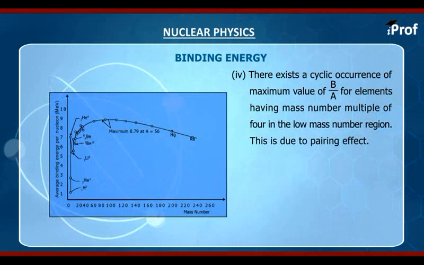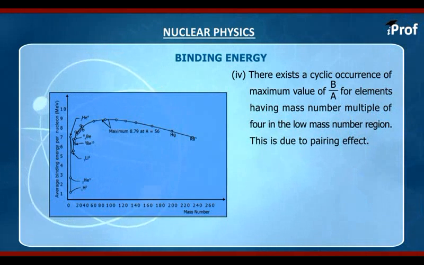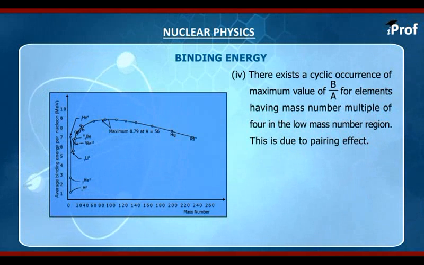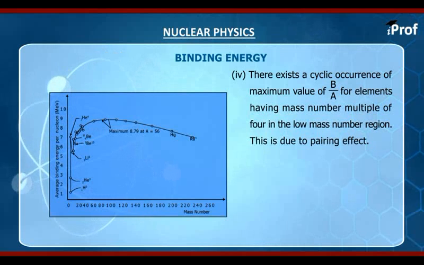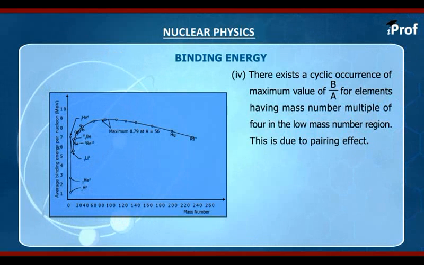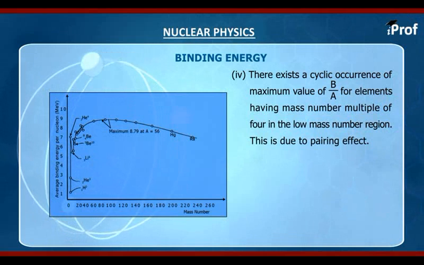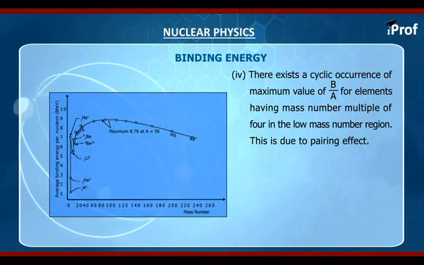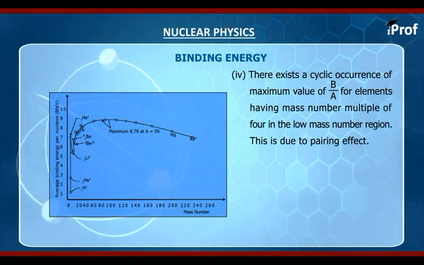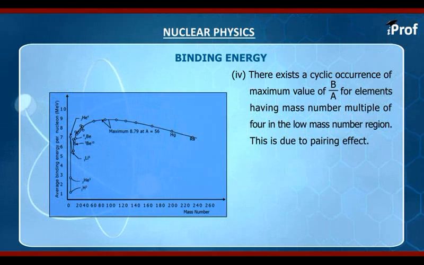Hence in the low mass number region nuclear fusion is a favorable process, whereas in high mass number elements we find that if a high mass number element splits up into smaller fragments, the fragments will have more binding energy per nucleon, and that explains why in the high mass number region nuclear fission is a favorable